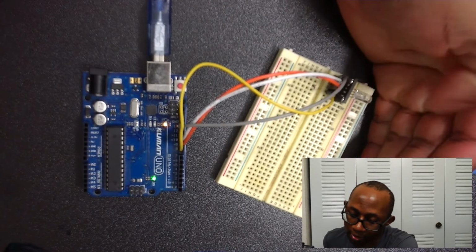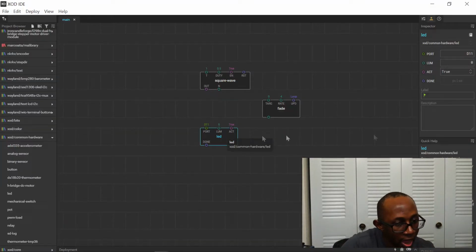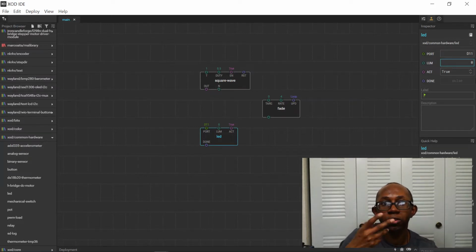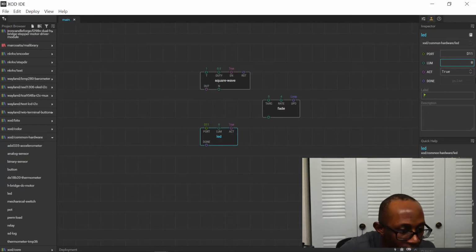And why is that? Why? I don't know. Well, let's take a look at the program here. And you see where it says luminosity, where my mouse is. You can see it says 0 there. Why is there 0 there? If it's kept at 0, it won't turn the LED on. That is basically 0 meaning off. If you change it to a 1,